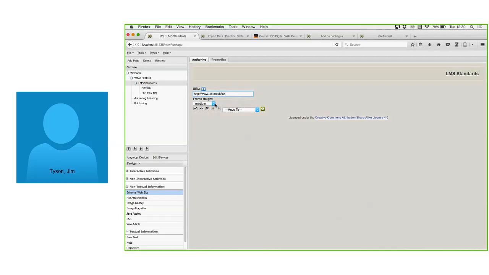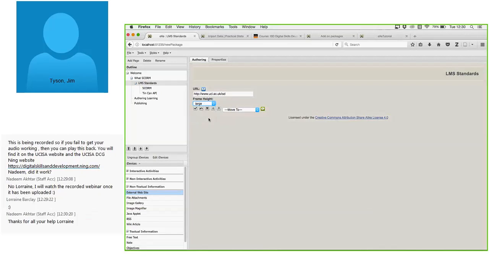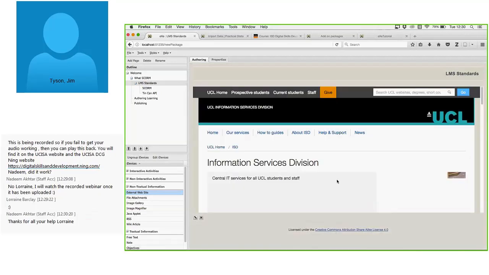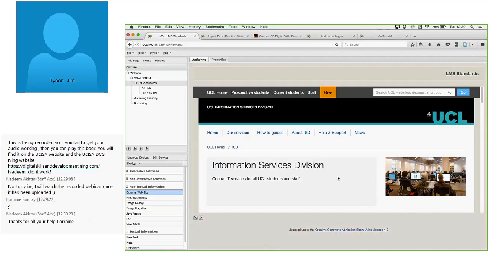Now, the default is that this website will be displayed in a frame. So I'm going to put it into a large frame on here. So we've embedded the UCL website in a frame